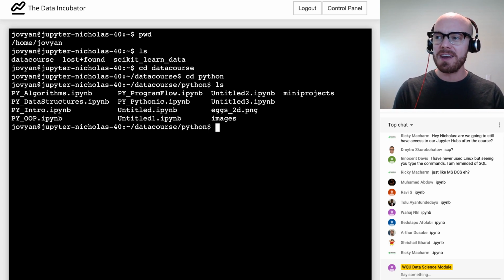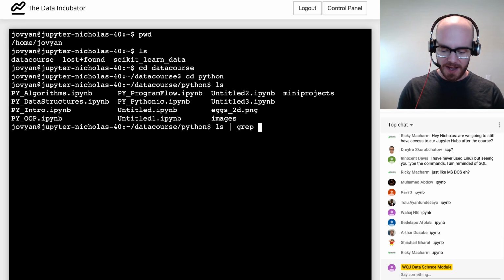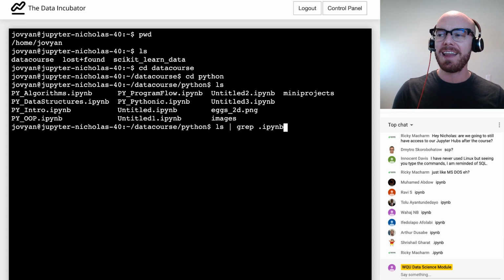So I'm going to type in ls for list the files. And then the next thing I'm going to do is type in grep. And since I'm interested in only those files that end in .ipynb, I'll add that on the end.